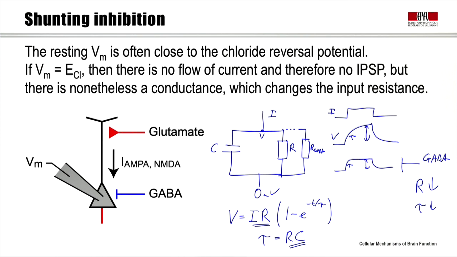but also the overall change in membrane potential is smaller. And so by activating a GABAergic conductance, even if it's at the same membrane potential as the actual cell that we're recording from, and there's no inhibitory postsynaptic potential per se, that'll still cause an inhibition of excitatory glutamatergic